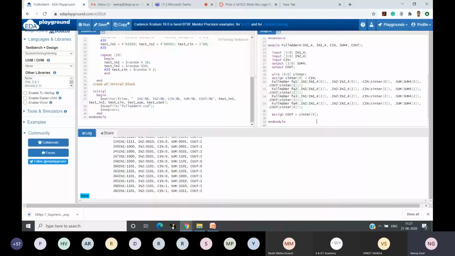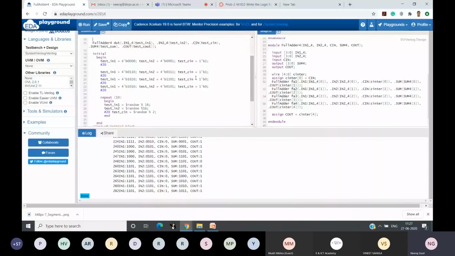Now, if I want to simulate and test it, the major challenge in testing is how will I test all those combinations which are possible here? For example, here the total number of inputs is 4 plus 4 plus 1, so 9 inputs. So the total number of combinations I should test is 2 to the power 9, that means 512. All those combinations I should enumerate and then see what would be the output. Okay, so let's see how we do this.